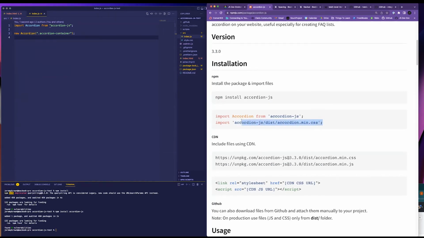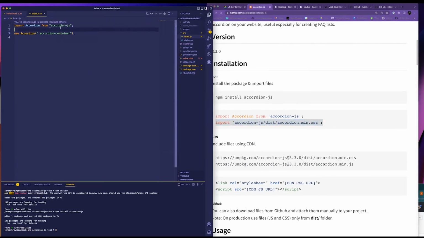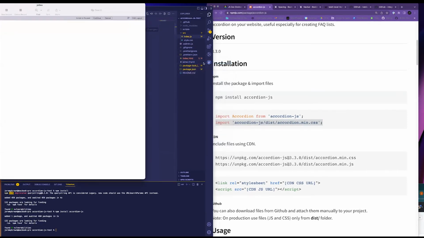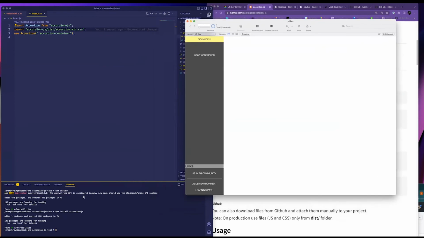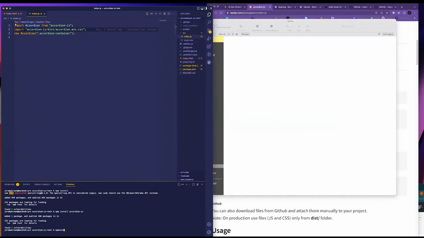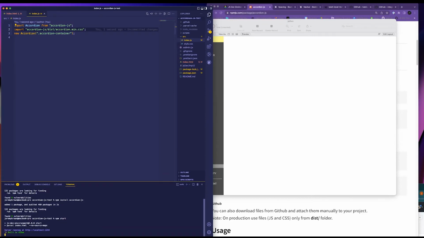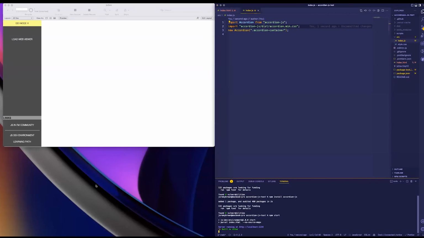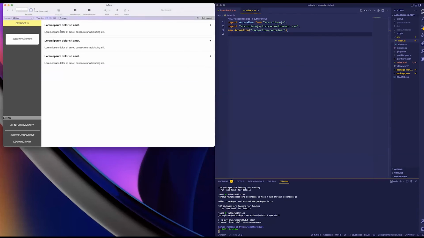I'm going to see if this works, but I don't think it's going to. All right, so now let's do an npm start. Sorry, I gotta move my windows around again. All right, there we go. Okay, so now I've got it. If I load it,